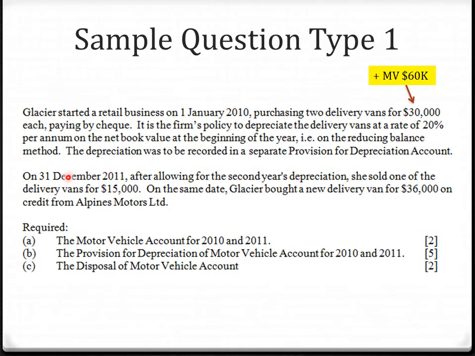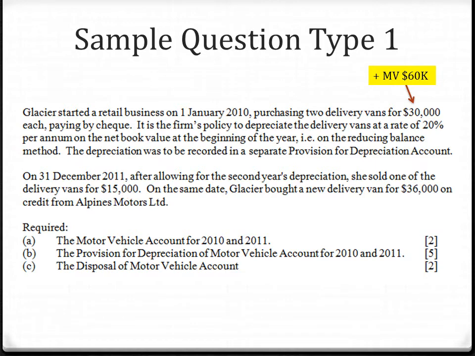So, since you have already used 1 whole year, even though you are going to sell, you still provide for 1 whole year's depreciation. This is according to what it says here. She sold one of the delivery vans for 15,000. So she sold for 15,000. Now, question: